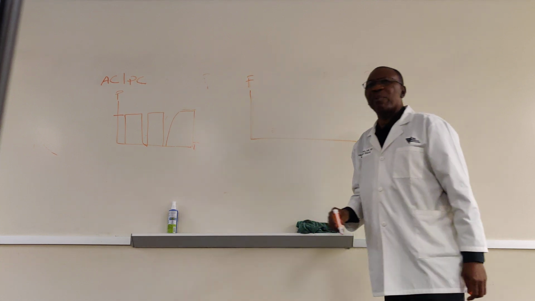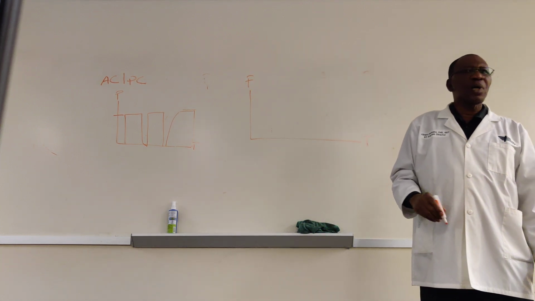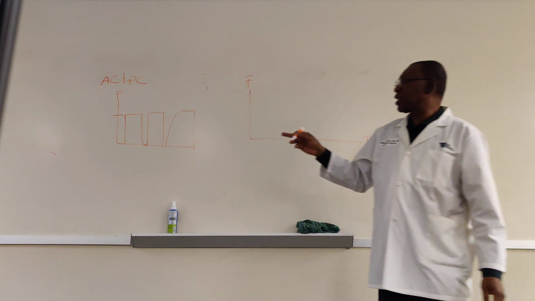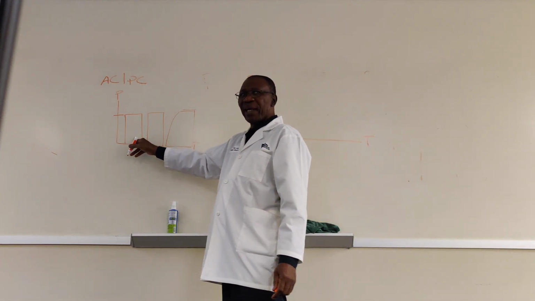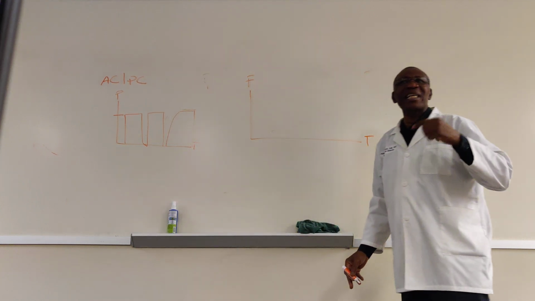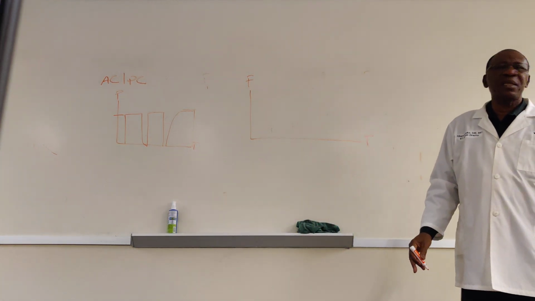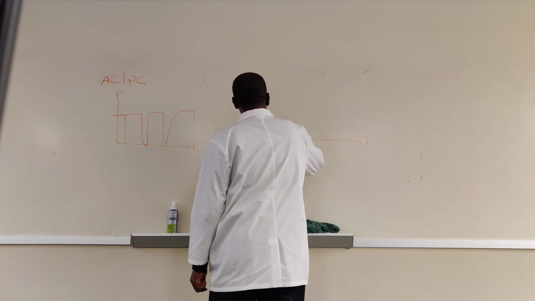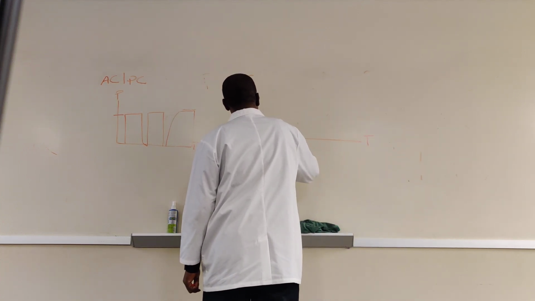Do we set flow on pressure control? No, we don't. Okay, so it cannot be square. Because you see here we set pressure, pressure is square. Since we don't set flow, we can't expect to have a square flow pattern. So it will look like that exponential decay, pressure comes out,